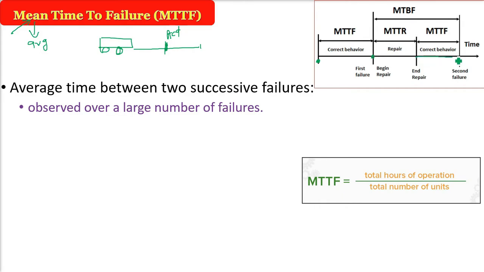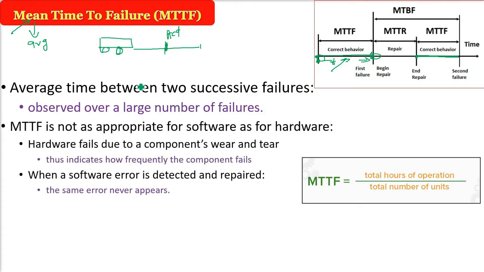Now when it fails again, first failure, second failure. We see that the system is working fine, so the time the system is working fine till the next time the system is working fine. When it is working fine, it's okay, but the time from where it started working fine to the second time where it is working fine is the actual time we're talking about. MTTF is not very appropriate for software, as these metrics are mainly made